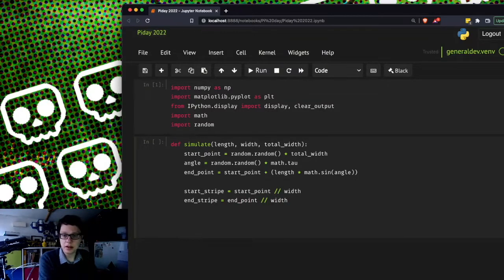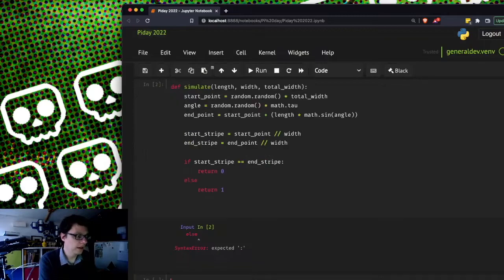Okay, so what we can now do is if the start stripe equals the end stripe, then we can say that it doesn't cross a stripe boundary. If they're not the same, then it's crossed the stripe boundary. It's either one before, one after. So we can return naught, else return 1. So there should be some semicolons there. How about that? So I can now simulate